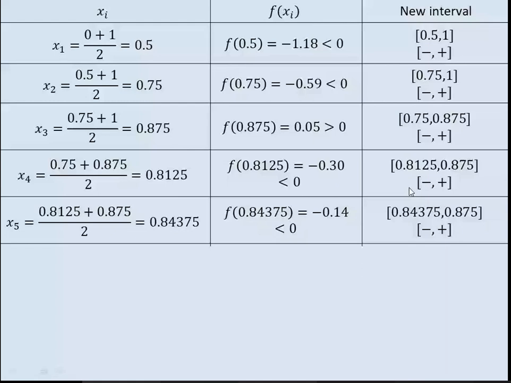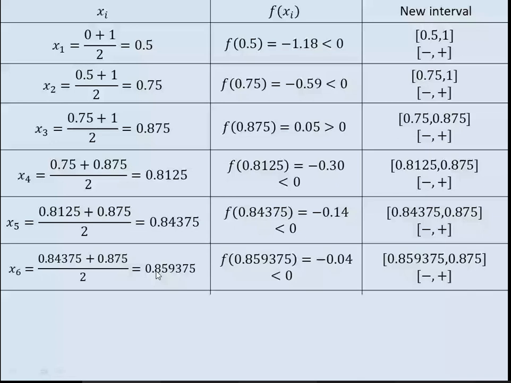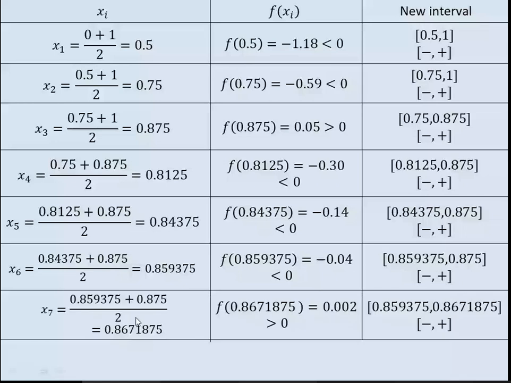Take half of that. These two are not matching, so find f. F is again negative. Replace this negative by the new value. You get a new interval. Half of that, 0.867. This is not matching. Find the value of f at this point, positive. So replace the positive term by the new value. Take half of this interval, and it is 0.8632. And you can see these two are matching, 0.86. These two are matching up to two places. So we consider this is the approximate root.